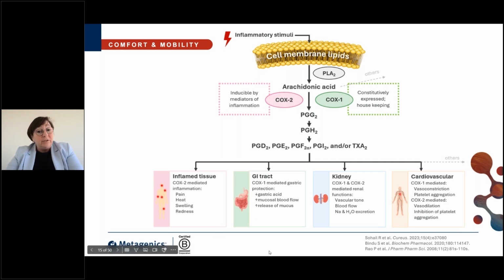There's also some positive effect. There is COX-1 mediated gastric protection. So less gastric acid, an improved mucosal blood flow, and an improved release of mucus, so that will protect the stomach. And then we have an effect of COX-1 and COX-2 on the kidneys, so some mediated renal